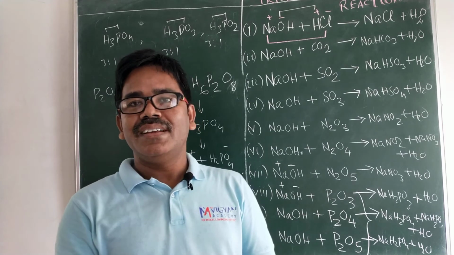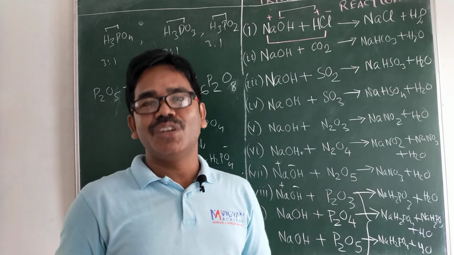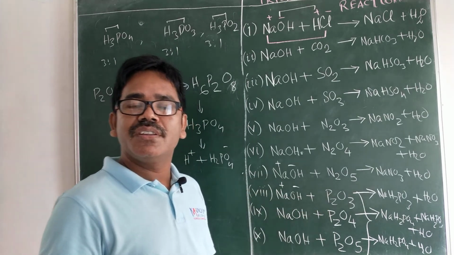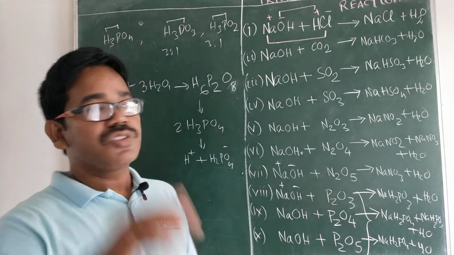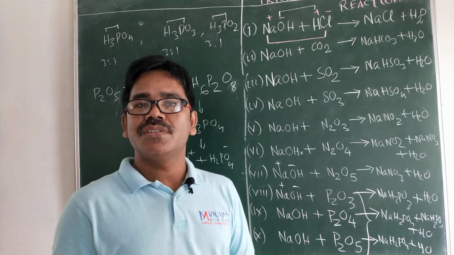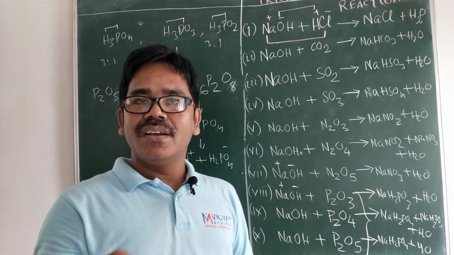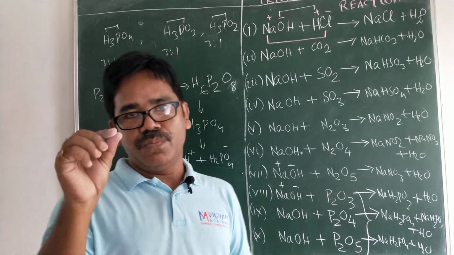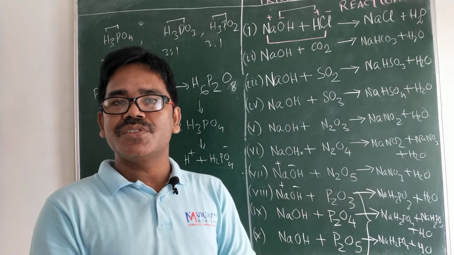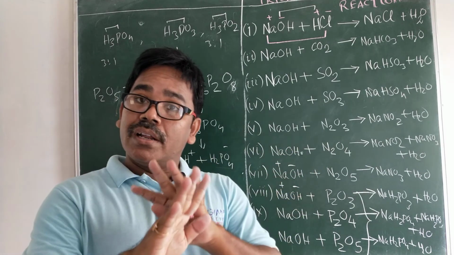Another is that in case of all phosphorus oxides, we need to add 3 water molecules, because in oxyacids of phosphorus the hydrogen phosphorus ratio is 3:1. Then convert into ionic forms, then the ion exchange reaction. Similarly, we can do another 30 reactions